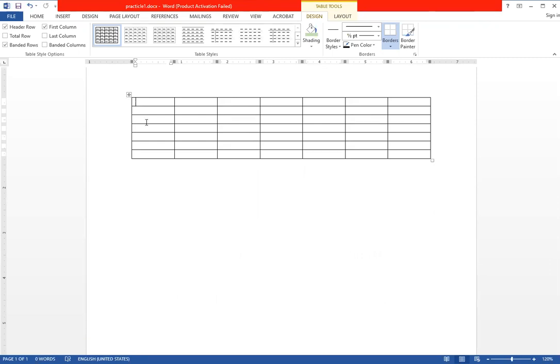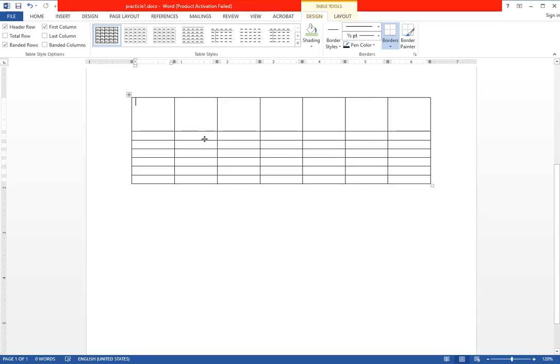It will be a teasing thing for you, right? And again, if you move your mouse pointer in between a row, that means on this border, you can see my mouse pointer is getting changed, right? So once you have your mouse pointer in this manner, where you are having two arrows to two opposite sides, you can click and drag your column border to the places you need, as well as you can do it to a row. You can change the heights and widths of the columns by doing this,